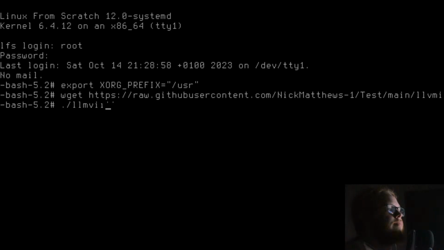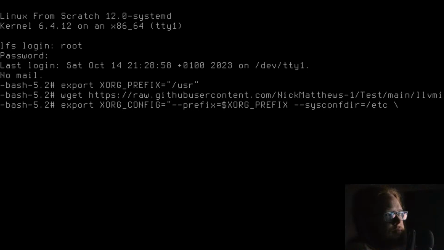Potentially, knowing my luck, yeah, more than likely. /etc/local, statedir equals /var, disable static.